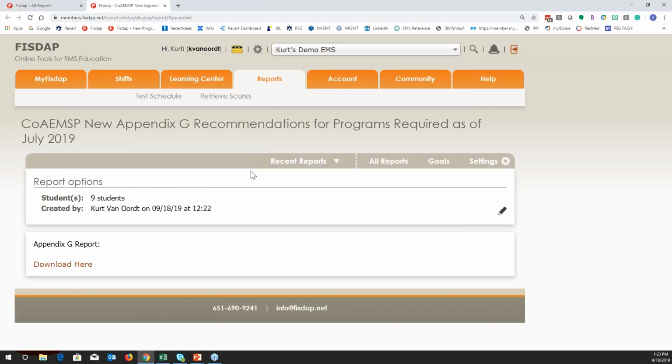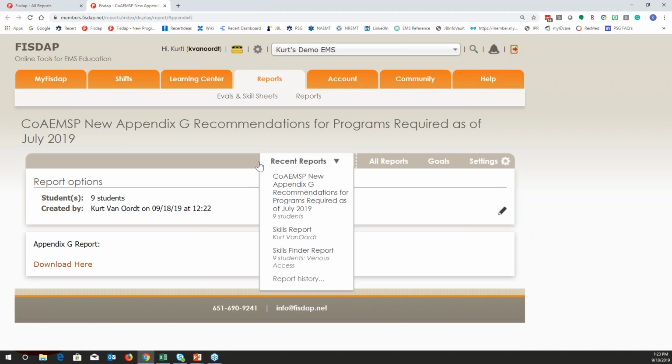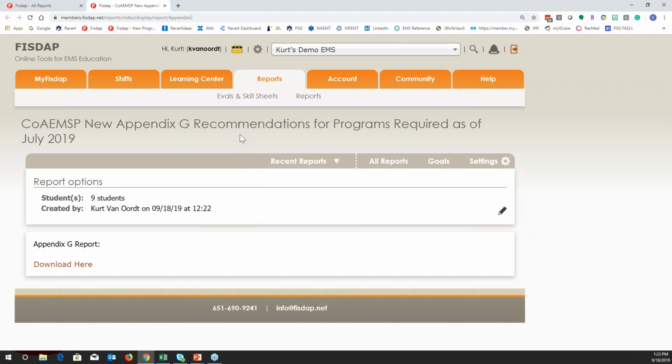Once we get back to this CoAEMSP Appendix G, I'm going to stop in just a few minutes here and see if there's any questions before I move on to any other reports after this one. But this one here is where you're actually going to download a spreadsheet. So for the first time when it comes to this report, we're not printing off a bunch of paper reports